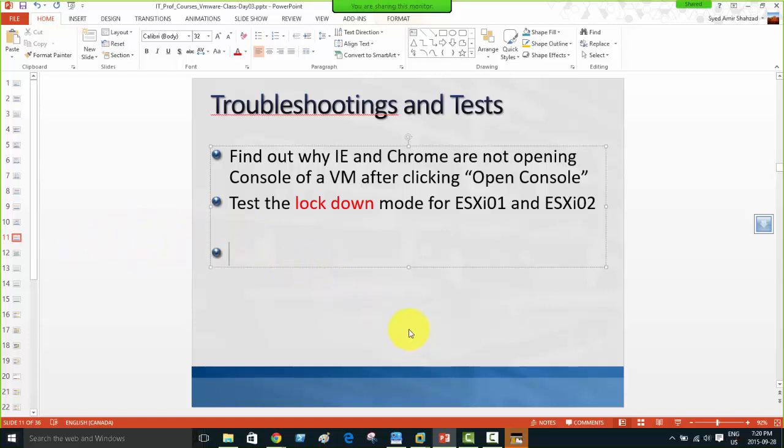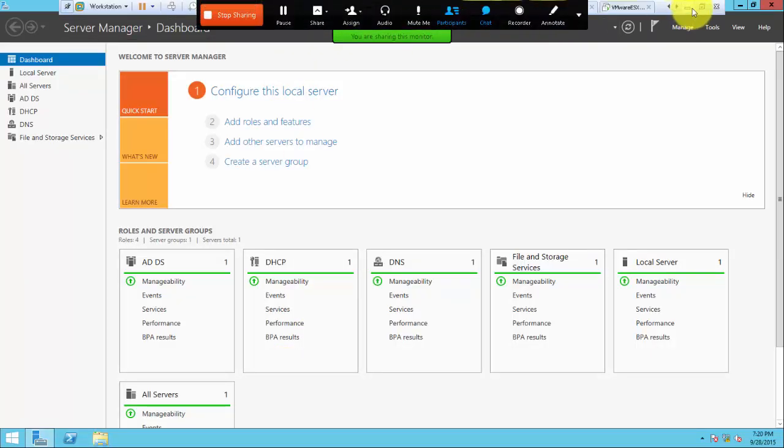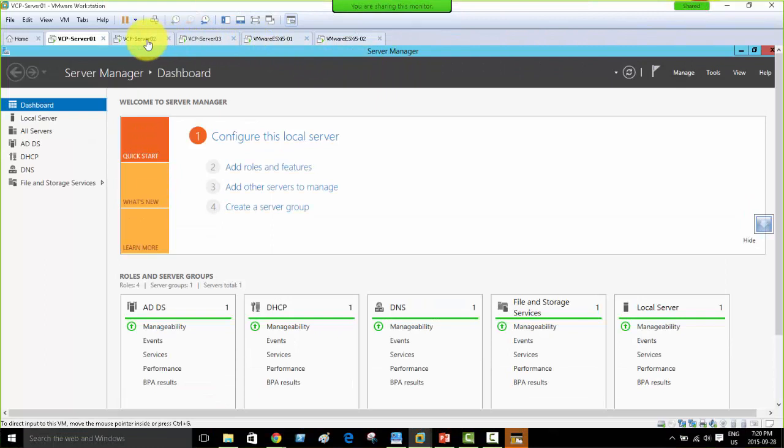So for now, I did not deploy the plugin or plugins for the Explorer, where we could see the virtual machine in the web client and actually operate them. That's why I always have the vSphere client open. Both clients are open, so we can switch between the two. Mostly we're going to work in the web client, and wherever plugins or other troubleshooting is required and it takes some time, I'm going to switch to the vSphere client,